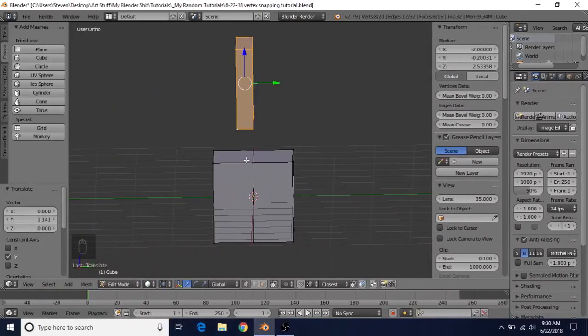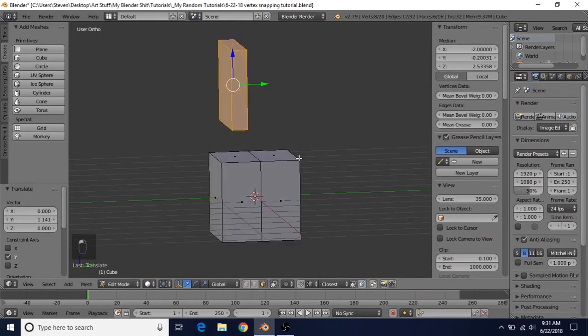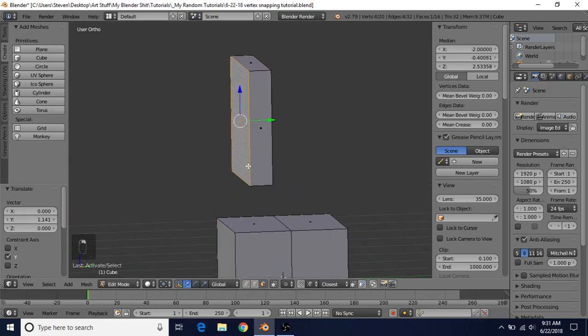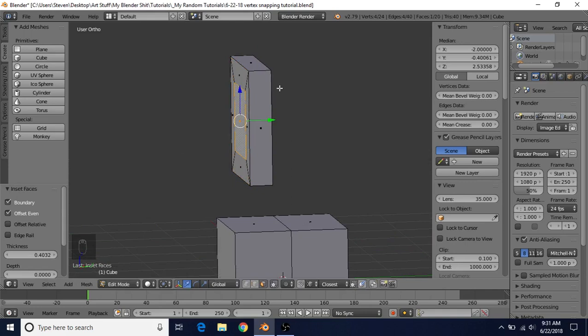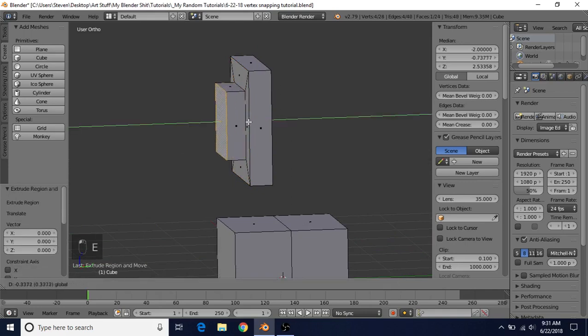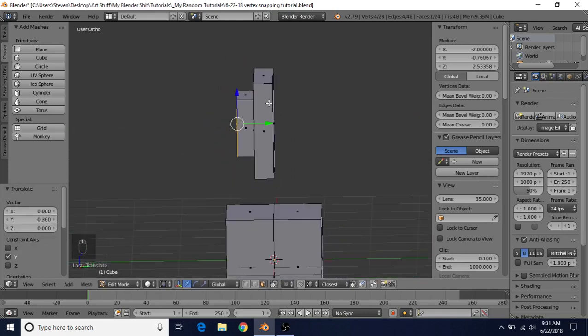So let's take a look at a couple different uses for vertex snapping. So we're going to go to face select, and I'm going to select one of these faces. I'm going to do I to do an inset and just inset this a bit. Then I'm going to do E to extrude, right click to cancel, and bring this out. So let's say we want this to be